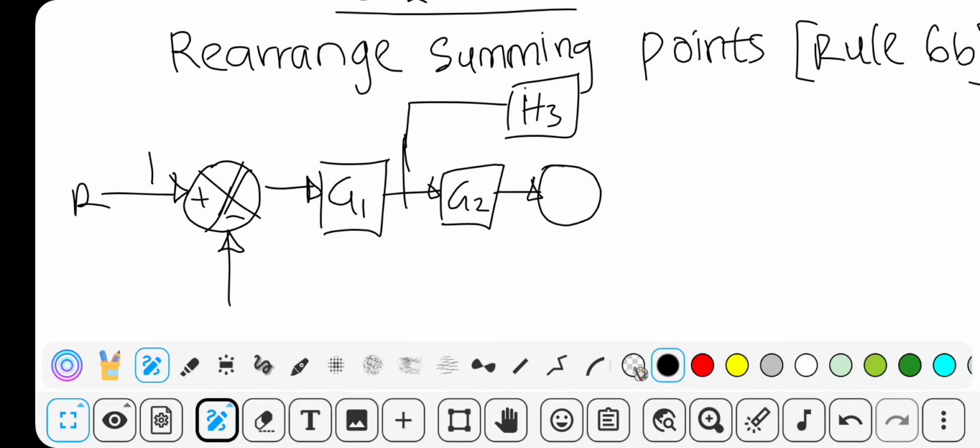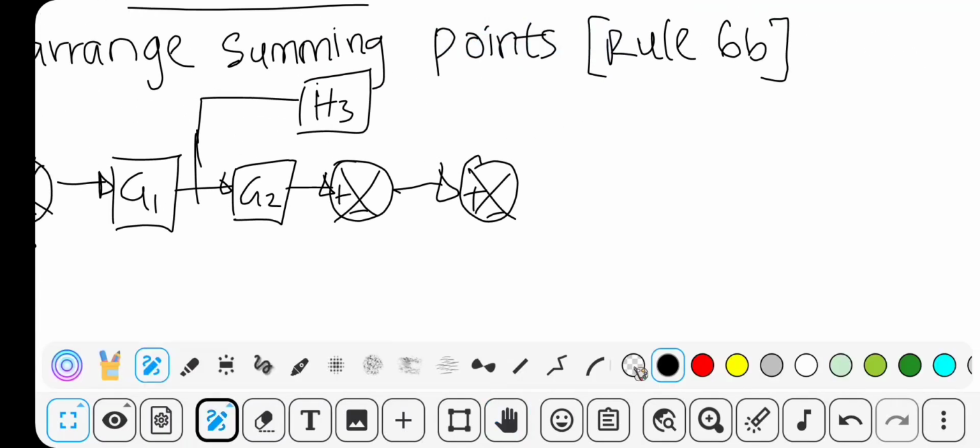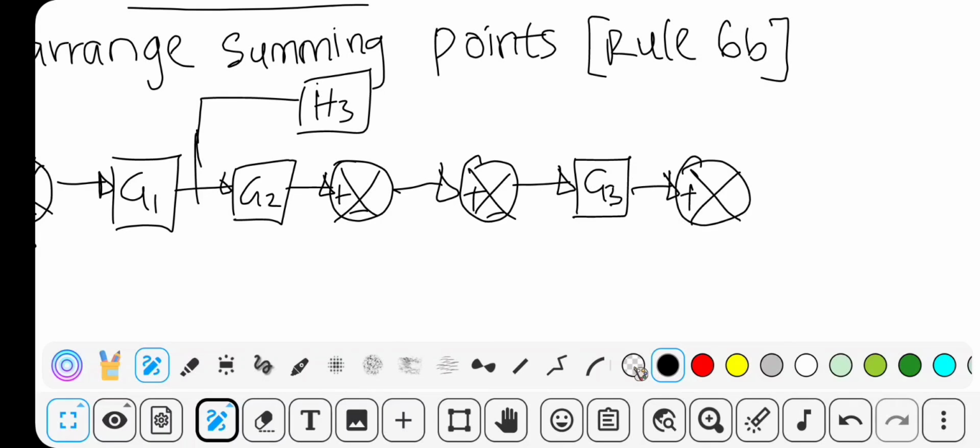Rearranging the summing points, this is it, plus minus G3,